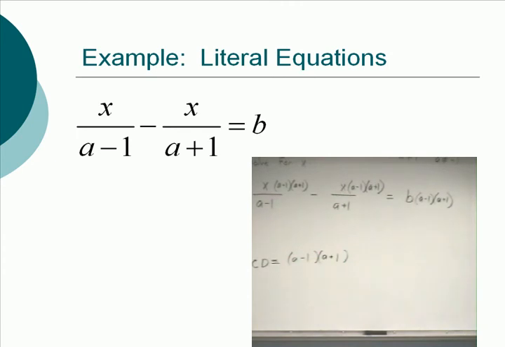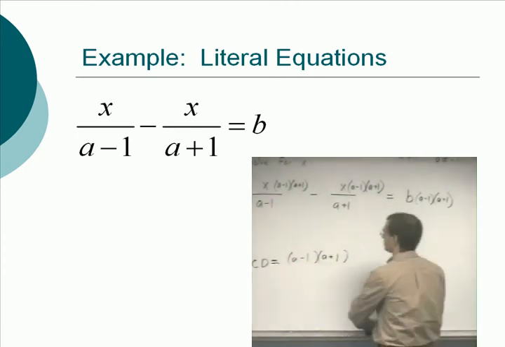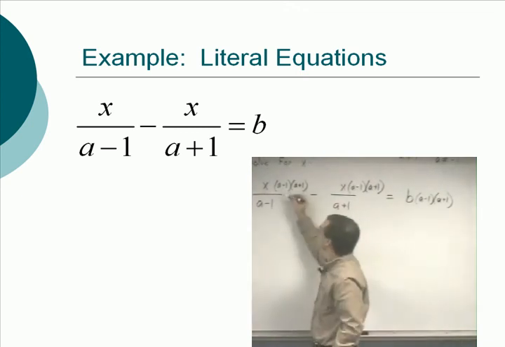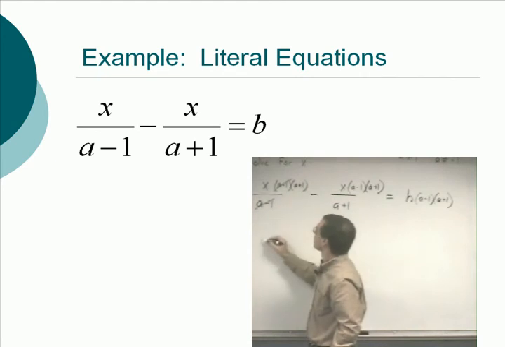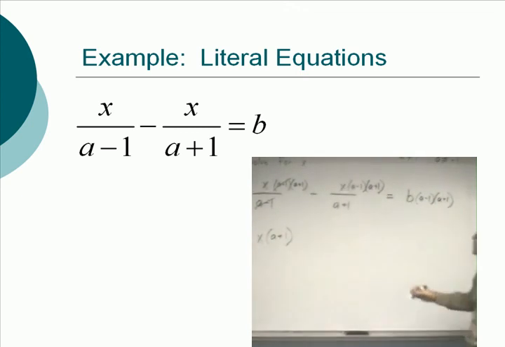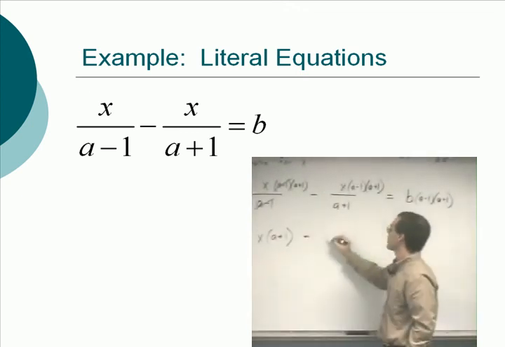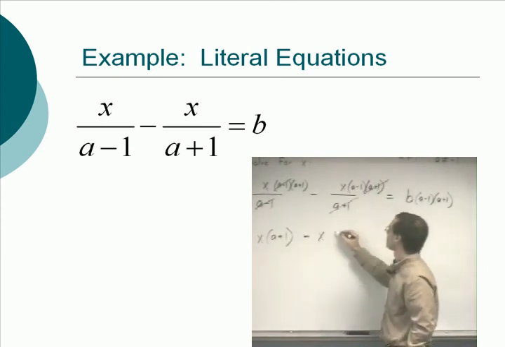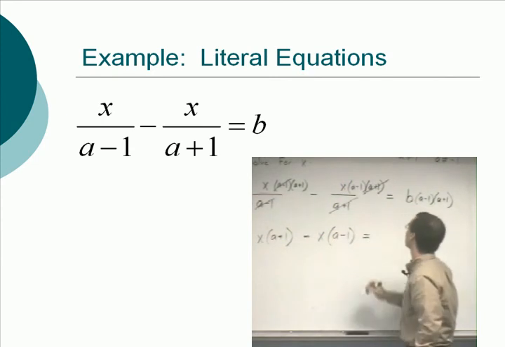Now, cancel away, our fractions better disappear. First term, what are we left with? X times A plus 1, right? Next term is minus, don't lose that negative sign, minus X times A minus 1, and that's equal to